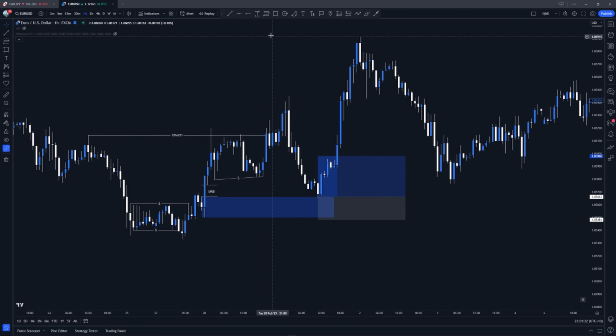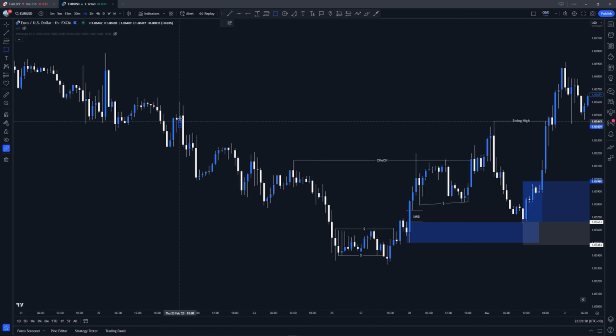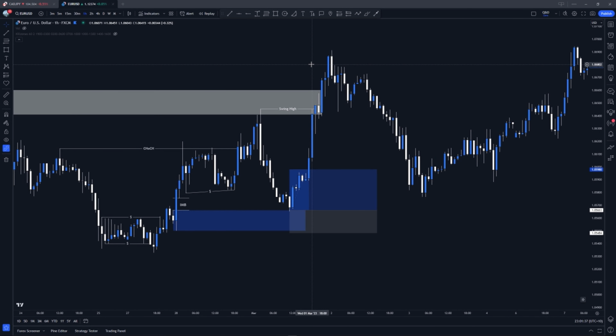So now we have to start looking for some targets for our take profit. So this swing high here would be perfect, but if we look left, we do have an earlier supply zone where price may reject, so we do want to get out of the market as early as we can, obviously if it makes sense. So we set our take profit to this level here,